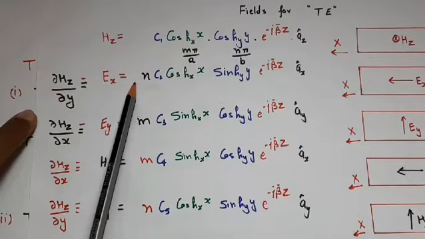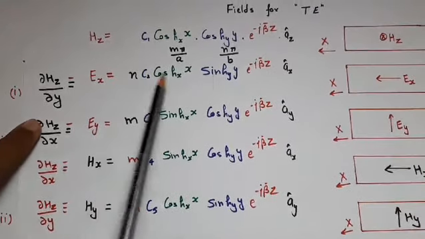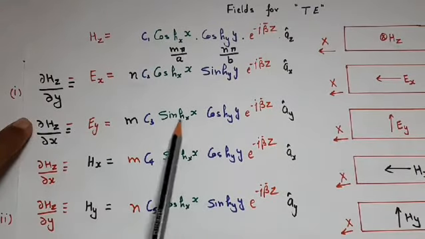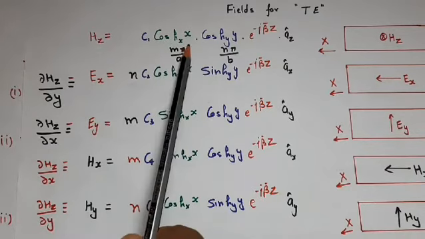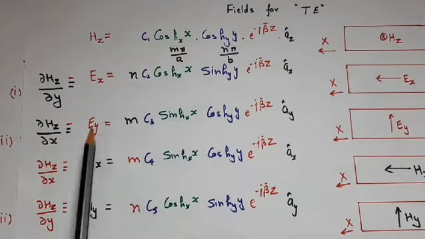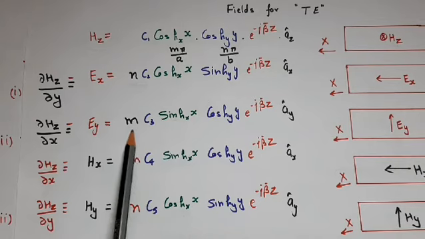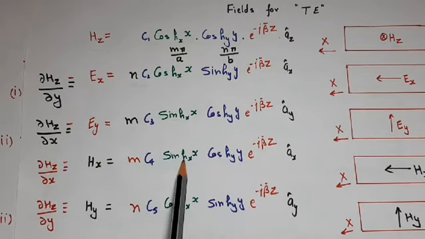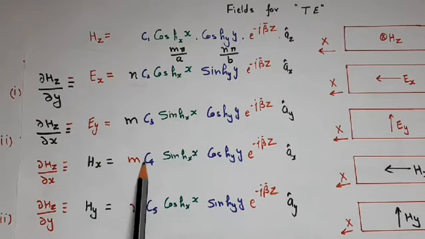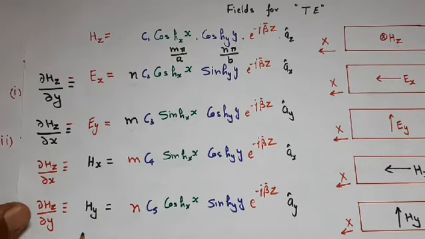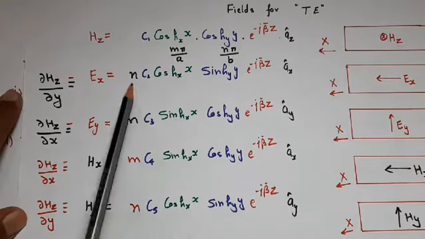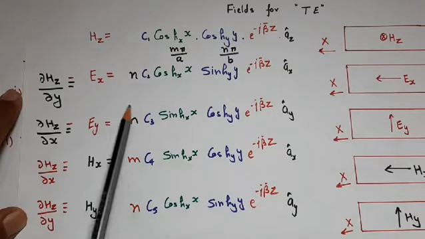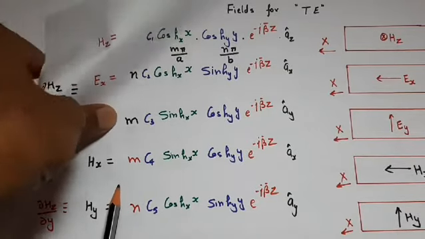If we talk about Ey, then it has sine in the x direction. So Hz must be partially differentiated with respect to x, and that's why m will come in multiplication. For Hx, it is sine for x, that's why m will come in multiplication. For Hy, it is sine for y, and that's why n will come in multiplication. So we have to take care which field expression has multiplication with n or with m. Similarly, we can derive it for TM also.